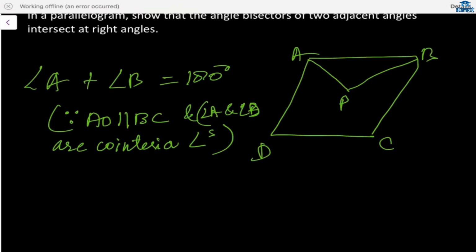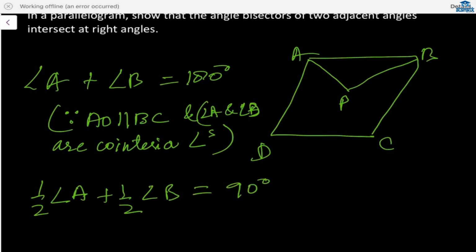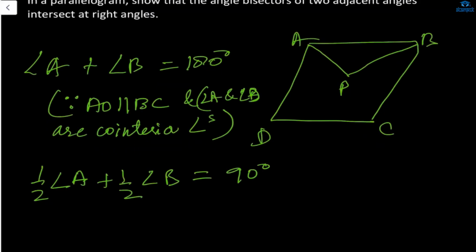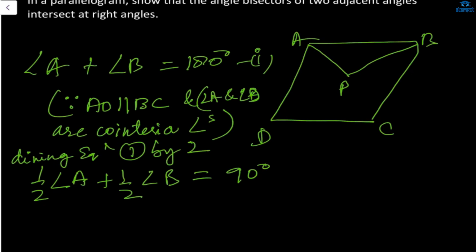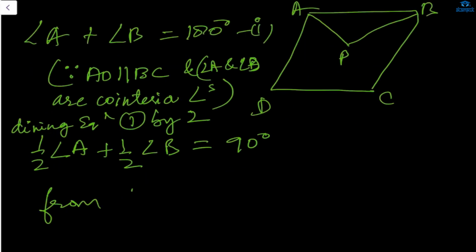And since AP and BP are the angle bisectors, half of angle A plus half of angle B will be equal to 90 degrees. So we are dividing equation 1 by 2. Simply write here, dividing equation 1 by 2. When you divide the equation by 2, you'll get half of angle A plus half of angle B is equal to 90 degrees. And from the angle sum property of a triangle,